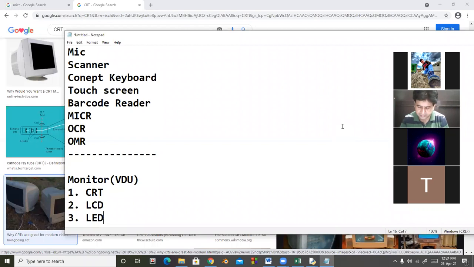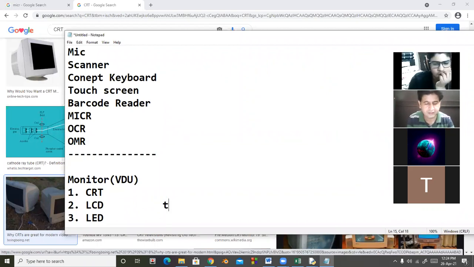Okay, students. In the case of your LCD, this screen is called TFT. TFT stands for thin film transistor. If we press the TFT screen, it is very flexible. If you press it, it will give way. It has liquid filled in it, okay. So we call this TFT, thin film transistor.